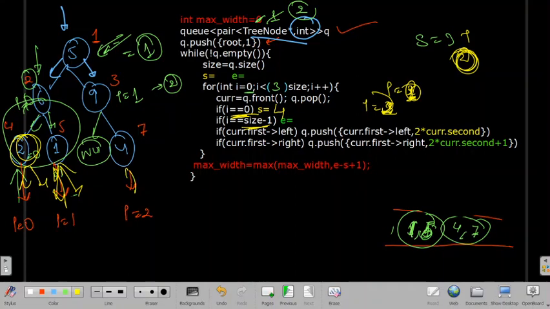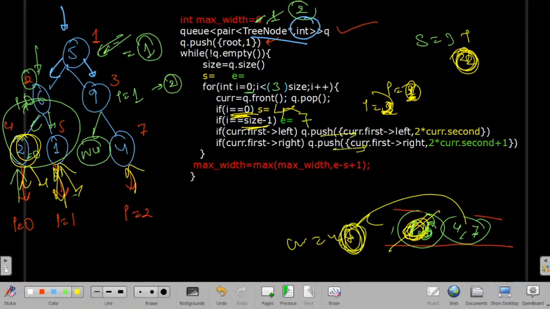Now my I will become 2, so I am at this node. Again I'll see if I is equal to 0. No. I is equal to s minus 1, that is size minus 1. Yes, that is 2. So what I will do, because we have already deleted this, now it is pointing to 4 comma 7. So I'll see that this is 7. I will store this 7 in the end index, and again I'll check the left and right indexes for any possible nodes. We'll see that we have none.